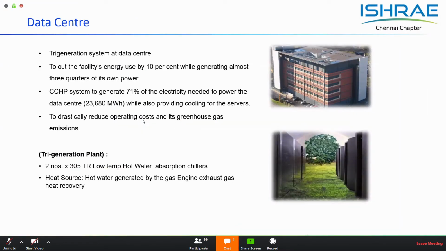There is a growing demand, as you would have read in the newspapers. There is high data traffic happening during this COVID lockdown across the globe. So data centers are in high demand, and it would be interesting to note that data centers are applications which require very high quality and high reliability of power and cooling. Power is required to run the servers which store and transmit the data, and cooling is required to keep the temperatures of these servers within an optimum band. So cooling as well as power are very critical to data centers.